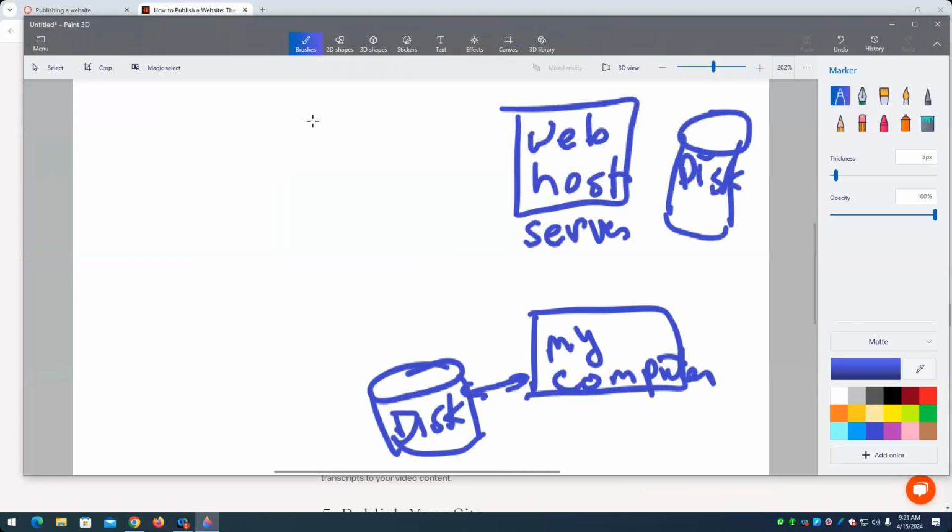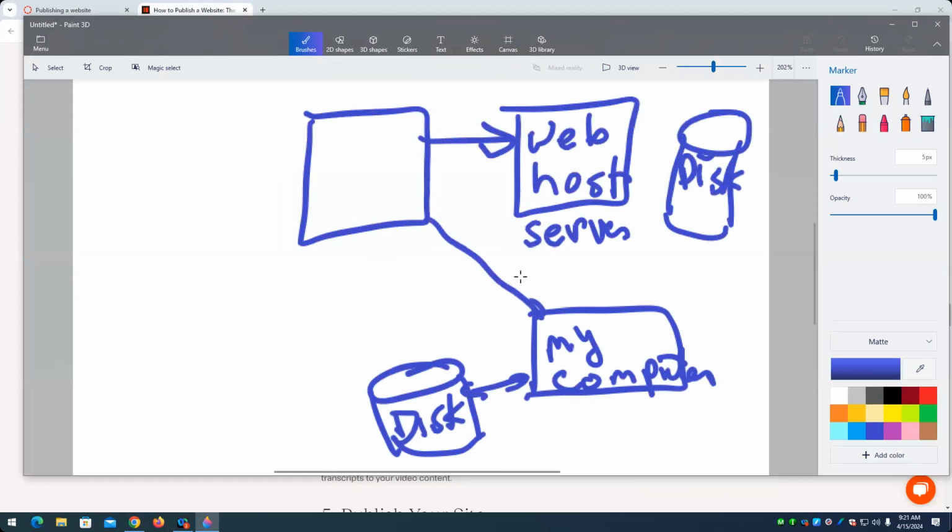Now that's going to be connected to the internet, and it's going to be listening for requests. Now, if you're connected to the internet, that doesn't mean that you're a web server. You need the special software to make you a web server. But your web hosting company has that software and is connected through the cloud, through the internet,